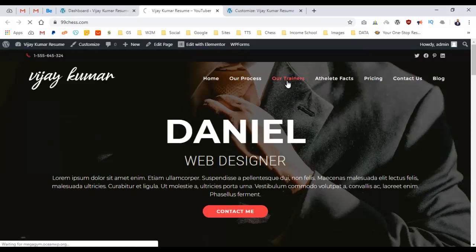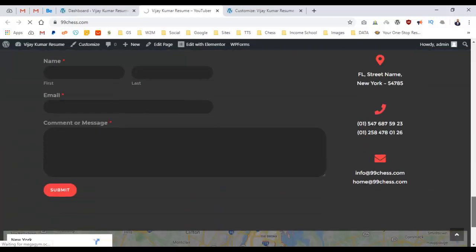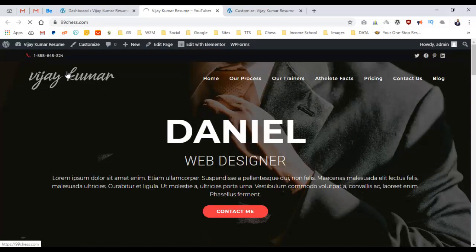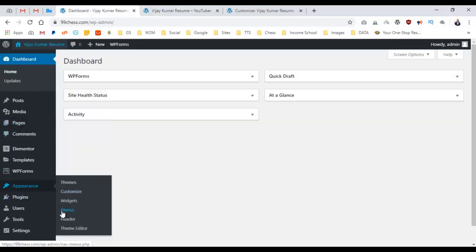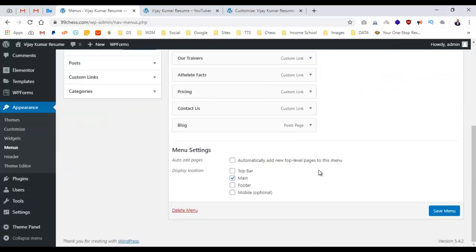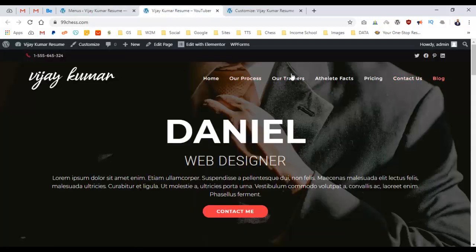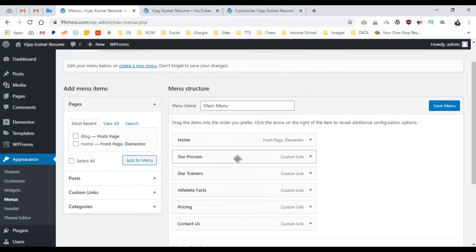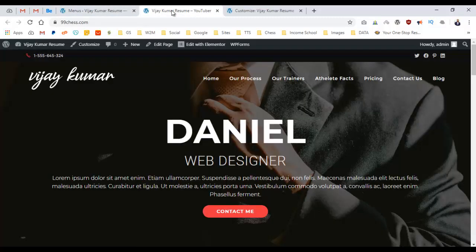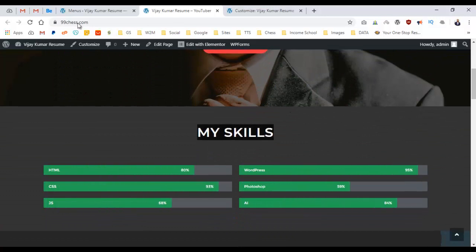So when anyone clicks on these links, they should come to the respective sections of the page. For that, we need to go to dashboard, appearance. Here it is, appearance. Go to menu. Here are the links that are here. So what I'm going to do is change the names of all these links. So blog section, we don't need blog section, so home is okay. And in here our process, no, it's not our process, it's my skills,